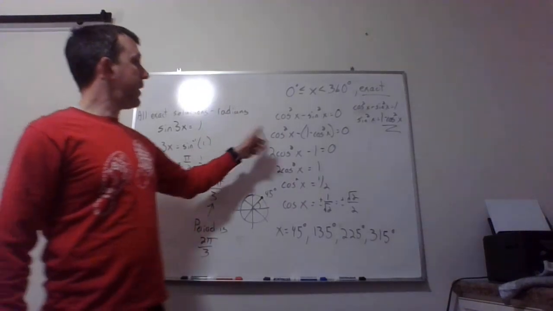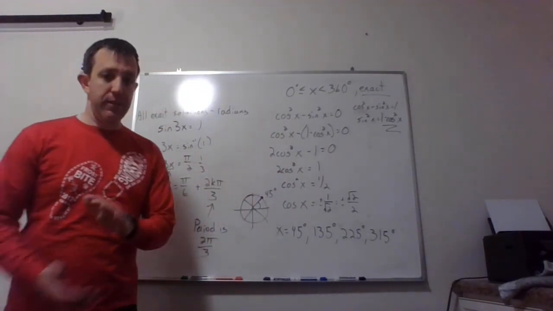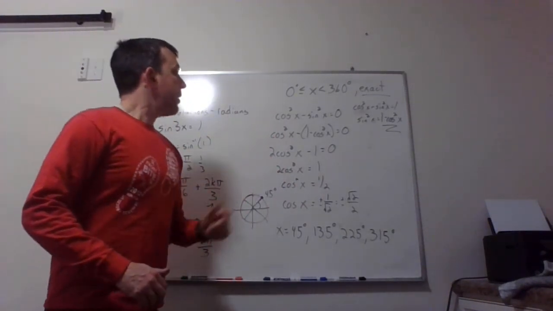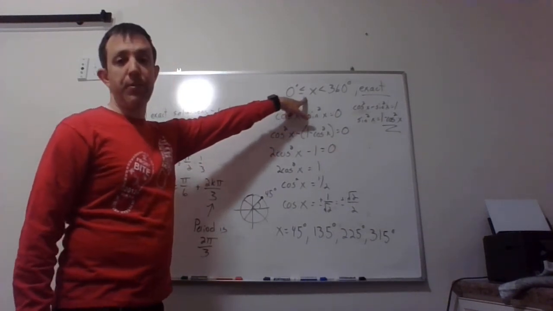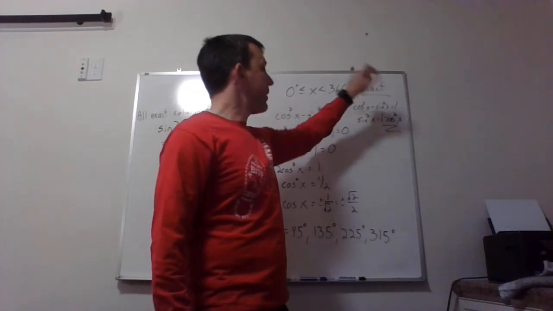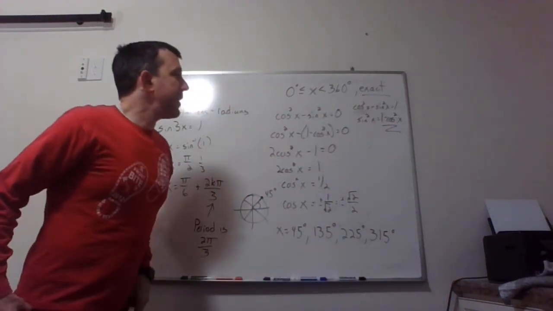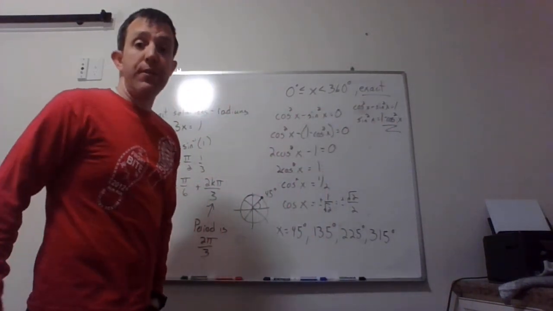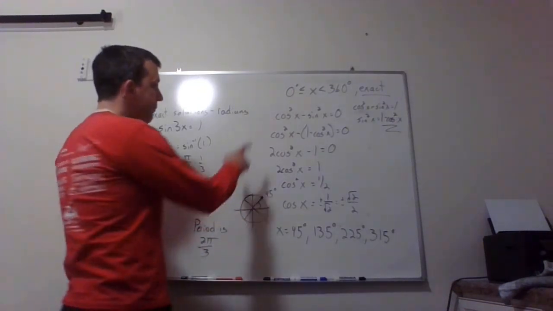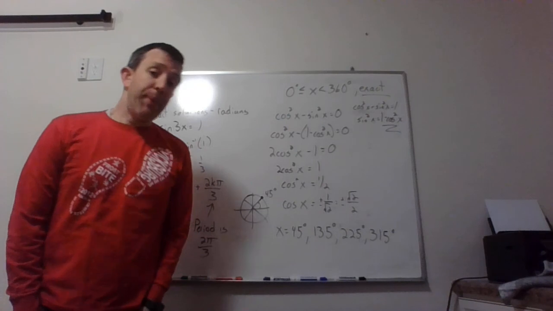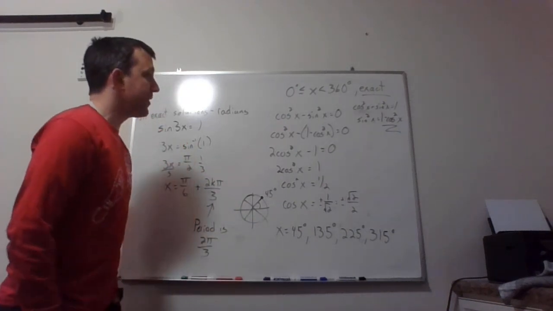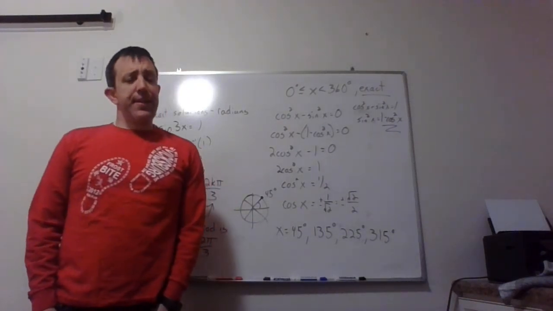All right, last one, and this one is a really kind of messy little problem. We are set up here so that we want x to be between 0 and 360 degrees. We want exact solutions, and that's not going to be too bad. We are in degrees, so that usually makes people happy. But here's my problem: cosine squared x minus sine squared x is equal to 0. Oh boy,